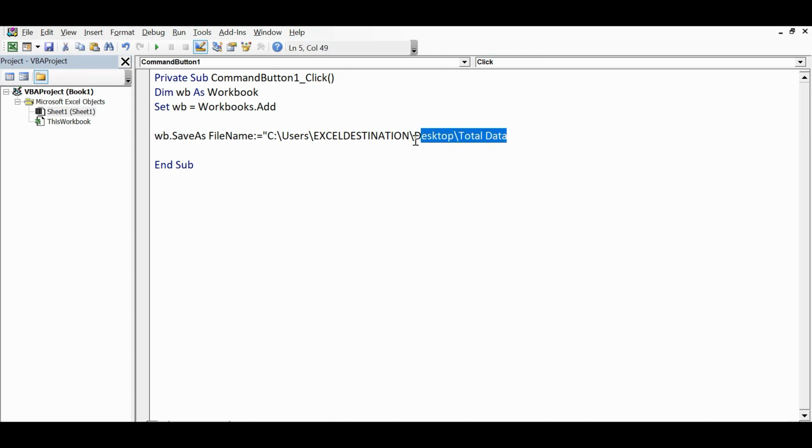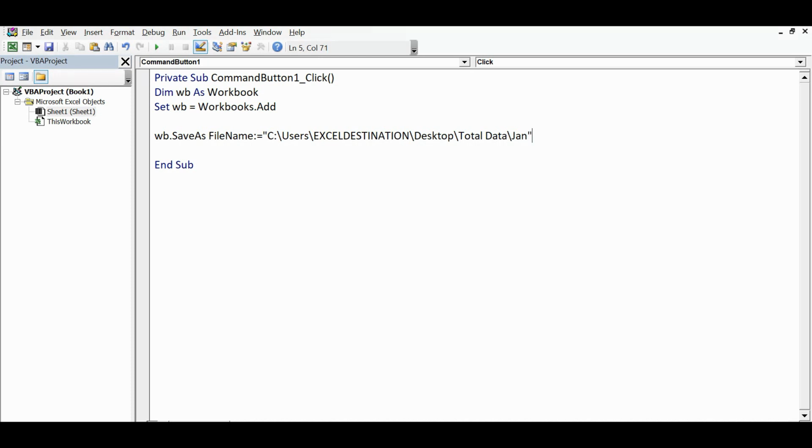So we have the path including the folder name. The folder name is Total Data. Now I am using one slash, and then I want to give the name Jan to the newly created workbook.